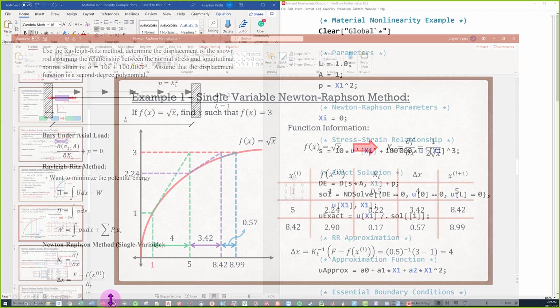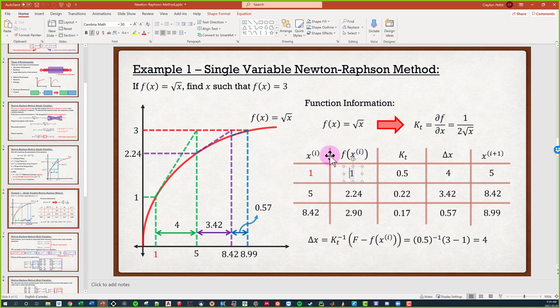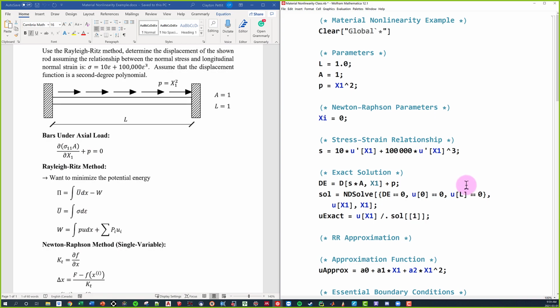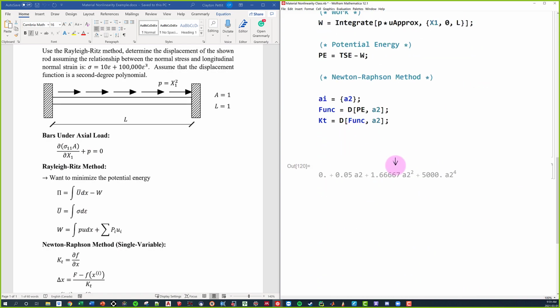Now we're going to go back to the PowerPoint and say, all right, after our initial guess, we evaluate our function as well as KT at that initial guess. Does that make sense? We have our initial guess, so then we evaluate our function as well as KT at that initial guess. That's all I'm going to do. So I'm going to come down here and say, now that I have everything, I'm going to evaluate our function at our current iteration. I'm just going to call it function, we'll go iter. Sure, that works. A function at the iteration. So this is going to be equal to our function, specifically when A2 approaches xi. So this is going to be our initial guess.